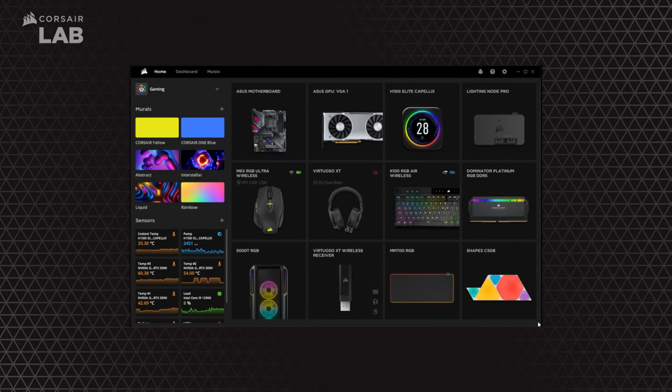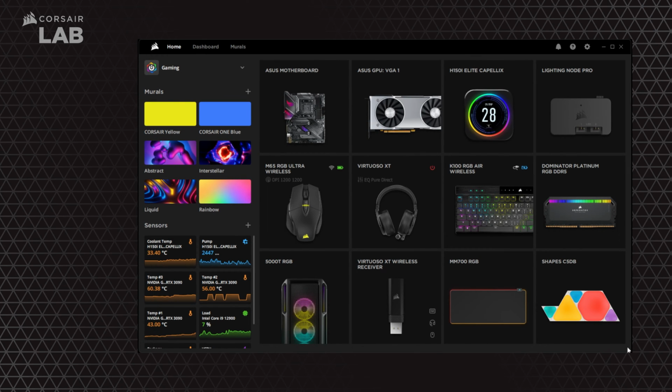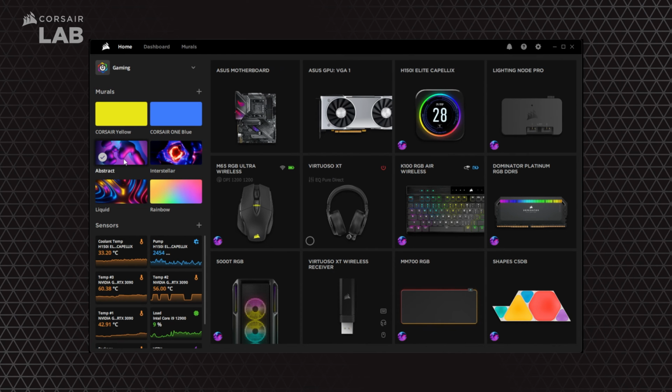To get started with iCUE Murals, make sure you first updated to the latest version of Corsair iCUE. You'll now see a section called Murals in the left sidebar on the iCUE home screen with the selection of preset effects. To enable one of these effects, simply click on it and it'll automatically apply to all compatible devices